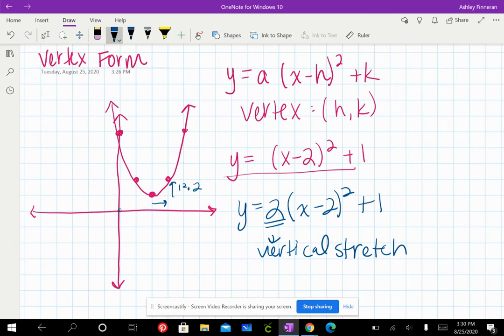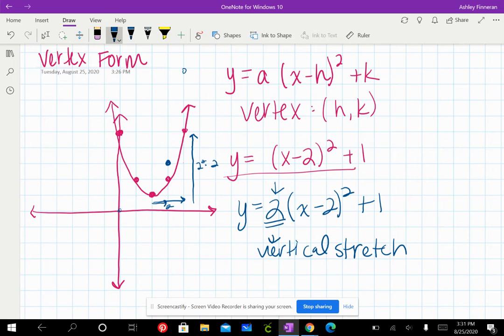So 1 squared times 2 is 2. So now if I go back and say I go over 2, typically I would go up 2 squared. However, now I'm going to stretch 2 squared by a factor of 2. Well, 2 squared is 4, times 2, so now I'm going to be going up 1, 2, 3, 4, 5,